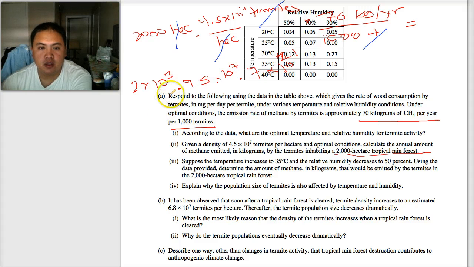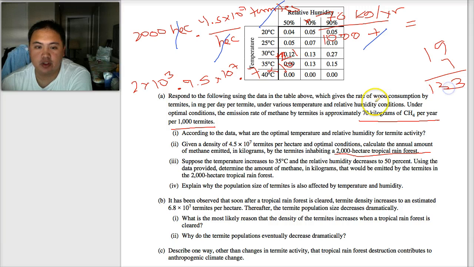So for lack of time, I'm going to literally multiply. You're going to have longhand multiplication. 2 times 9.5 times 7. So you're going to have to longhand multiply that. I think this is 19. 19 times 7 is 133. Then I add all the exponents: 3 plus 7 plus 1. I add those up. I get 11. So it's 133 times 10 to the 11.